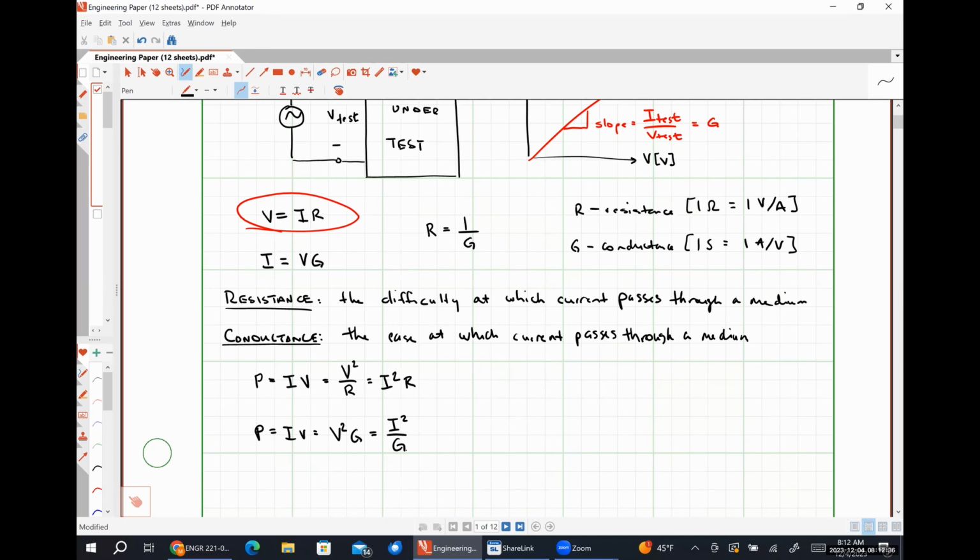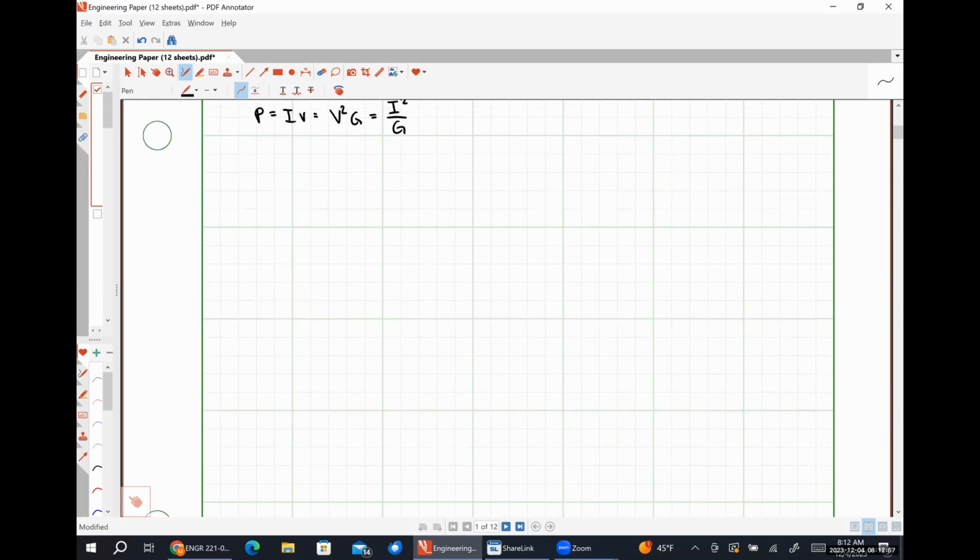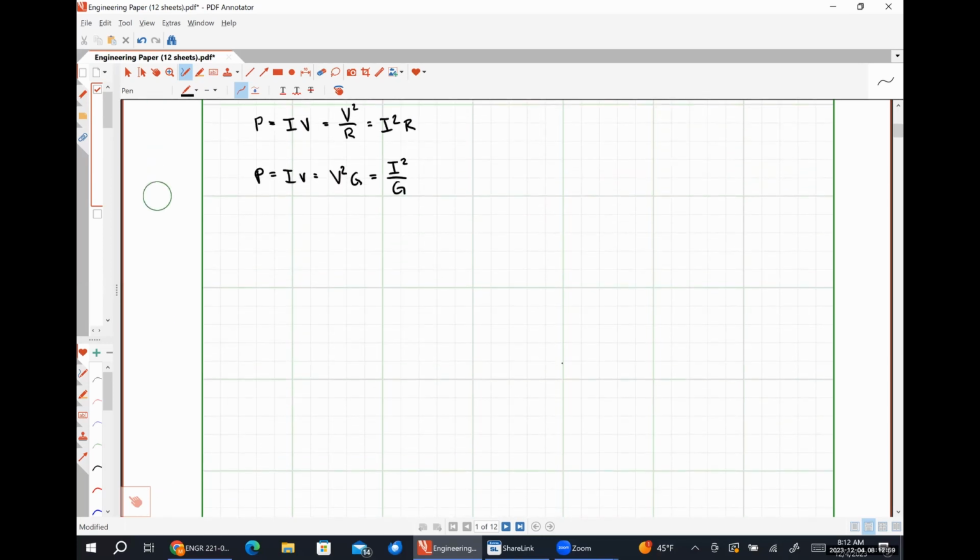So we've got all of these mathematical relationships concerning resistance and conductance. Now let's talk pretty briefly about what it is that resistance does. One of the first circuits that you guys ever built way back in Engineering 120 was something like this, where you had